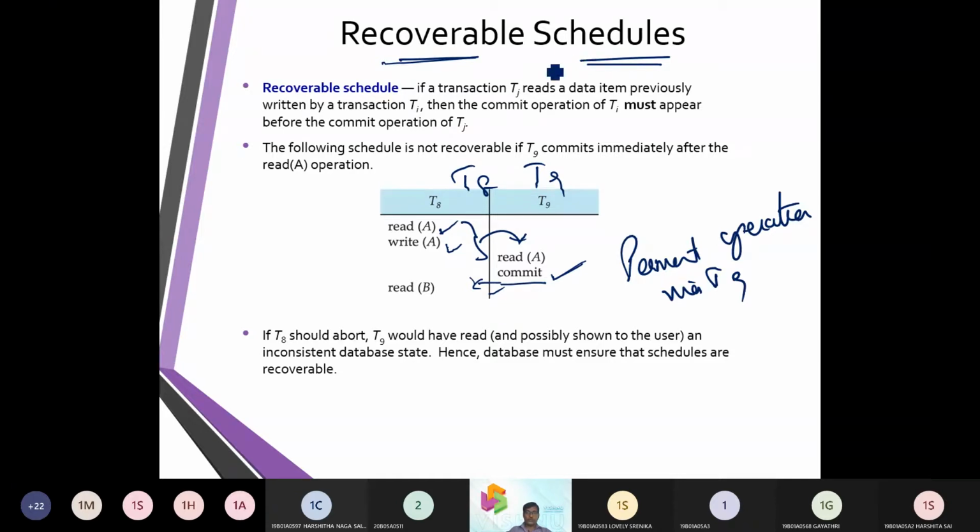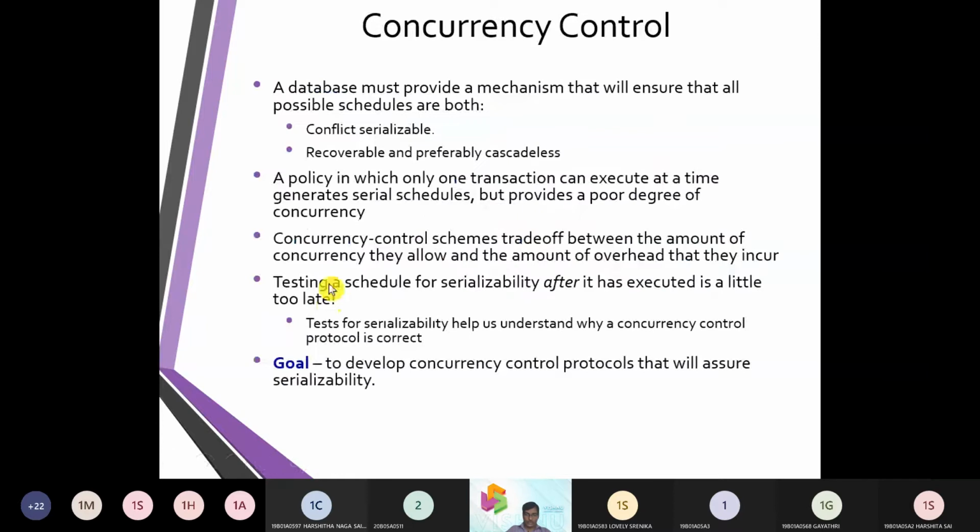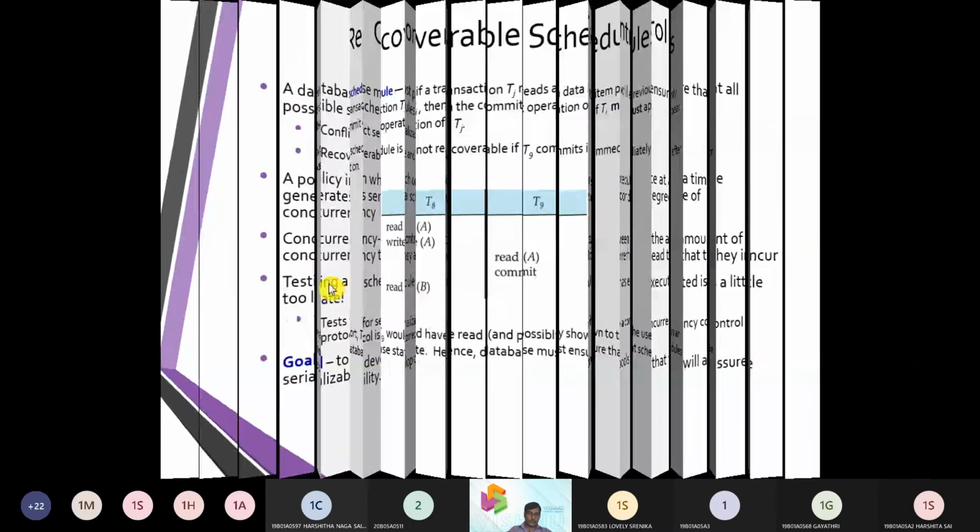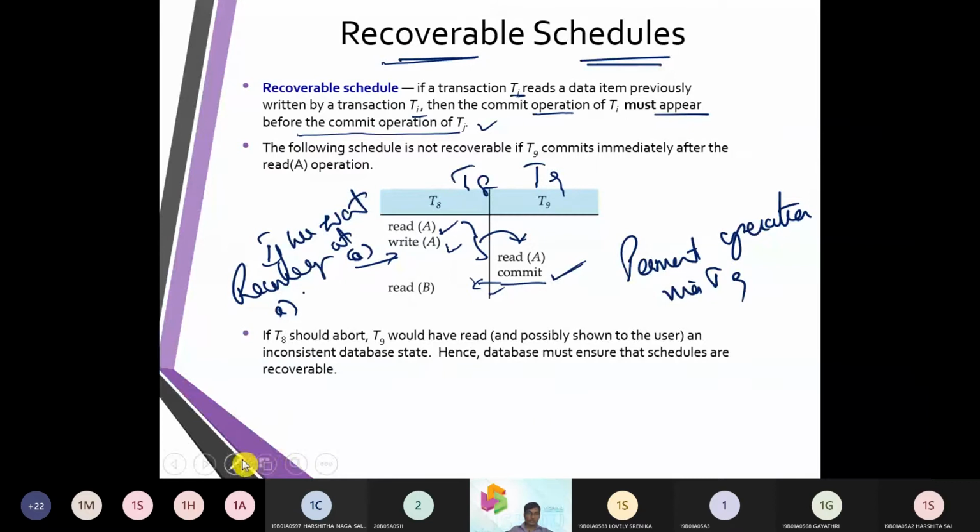So the definition was that if transaction Ti reads a data item previously written by Tj, then the commit operation of Tj must appear before the commit operation of Ti. So if we want recovery, then at that point itself we must have the commit operation.